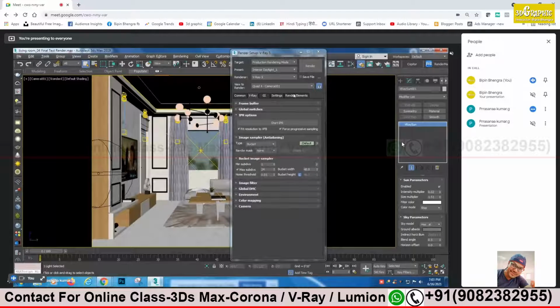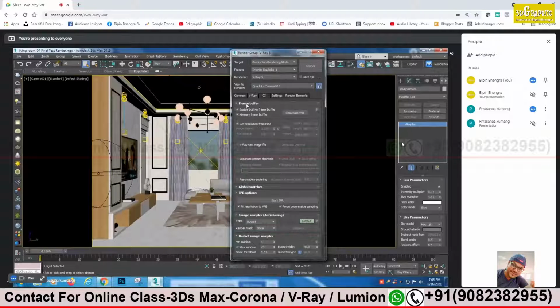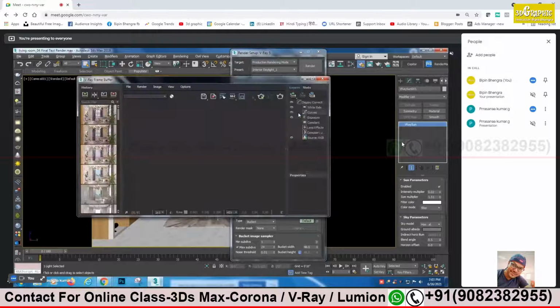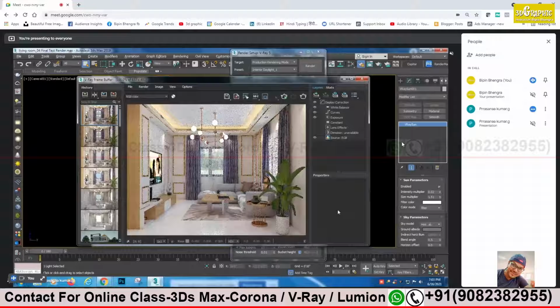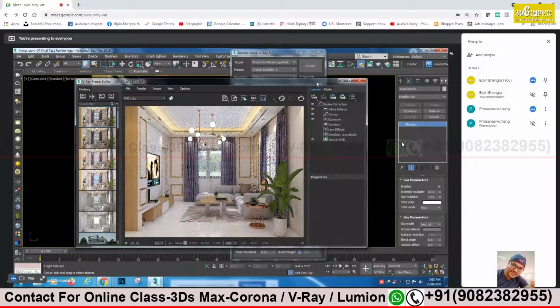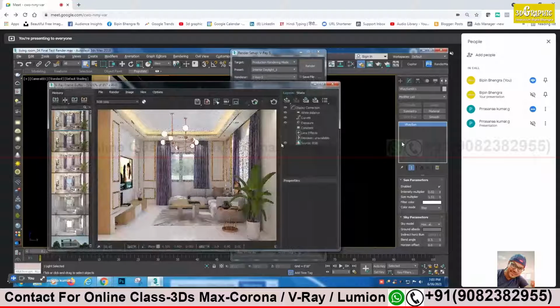Save now. Now open your frame buffer. Go to show last frame buffer. Open that. Save this as well. How do you save? You know. Go to the right side. Whatever we have used, exposure and all, we have to save that. Presets here. Go a little bit. There's a save icon there. Left side of that. Yes, click there.